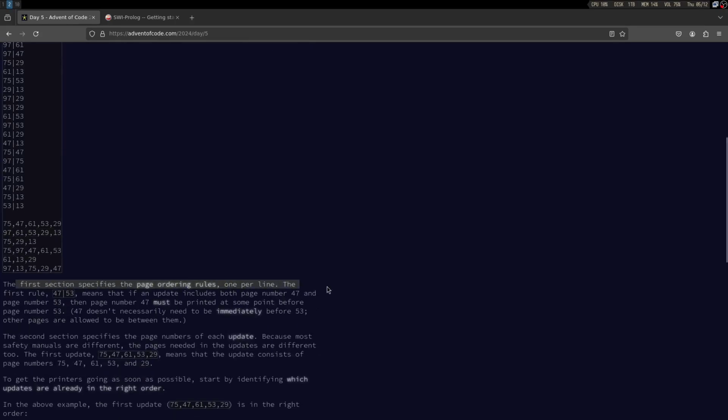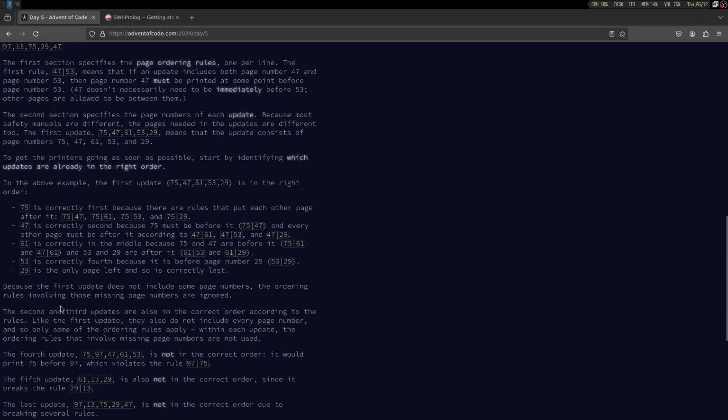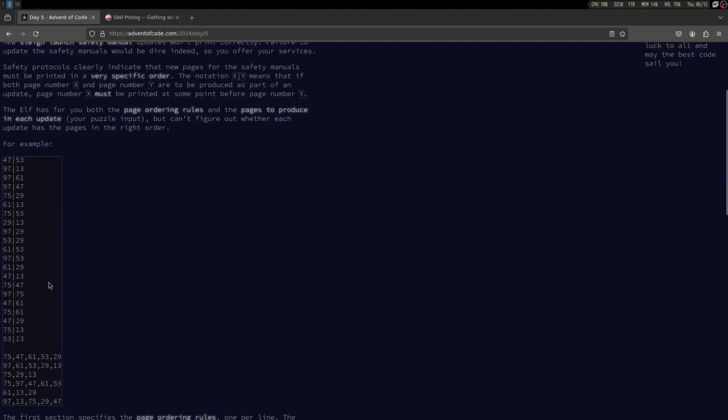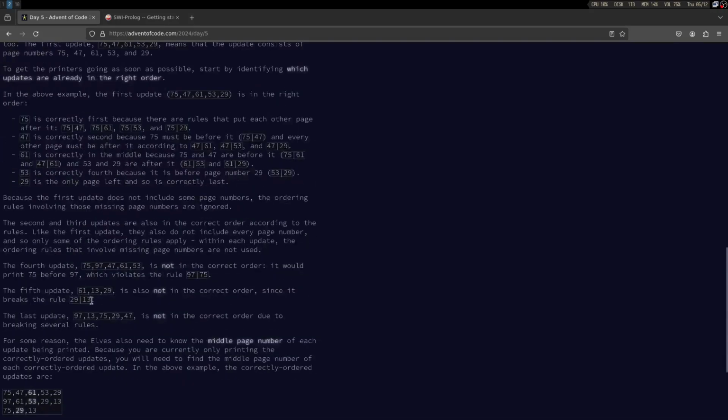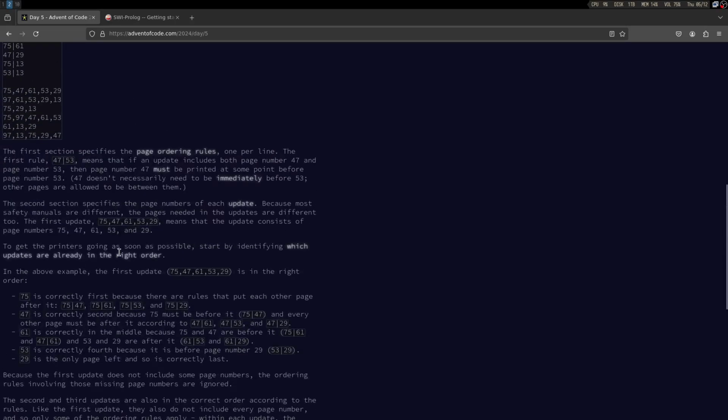And here it explains why each one is correct or incorrect, though that is not really important. You can see that, for instance, this is not correct because we have this 29|13 rule somewhere here. Imagine it would be pretty hard to do it manually, but 29|13, right? And it violates another rule, so it's not the correct order. And then when we get all the correct orderings, I guess,